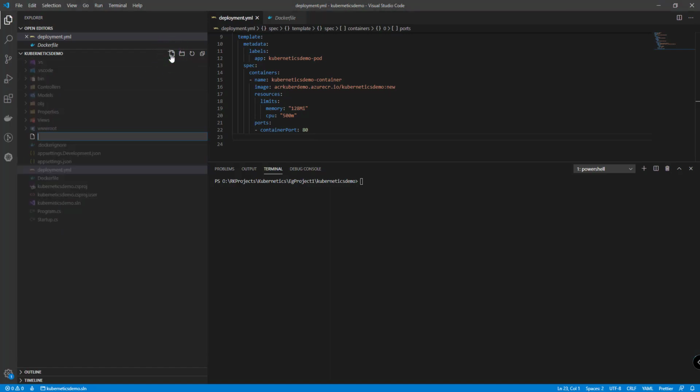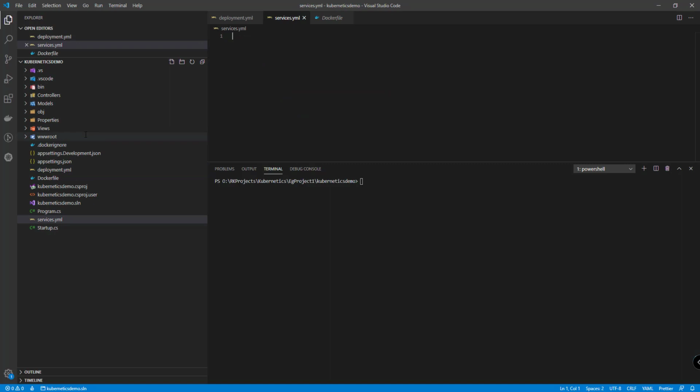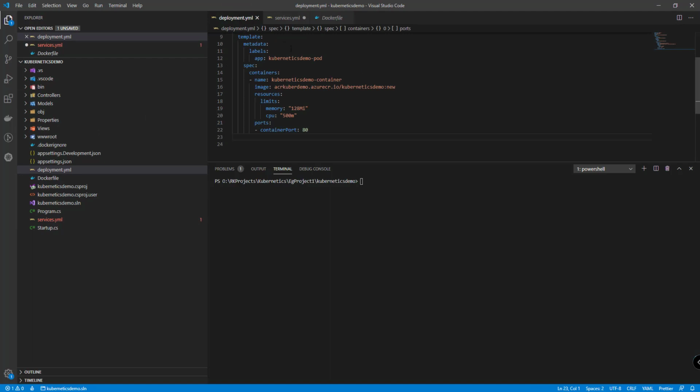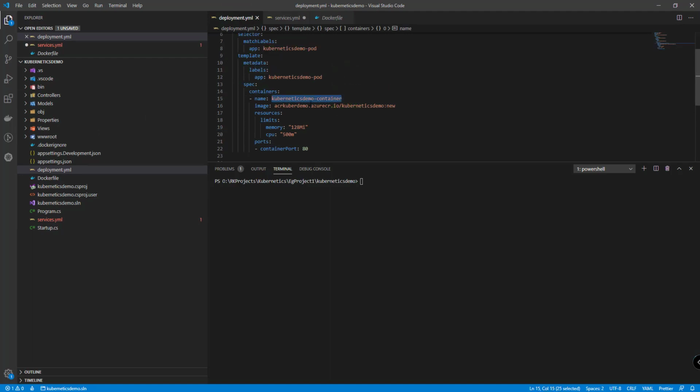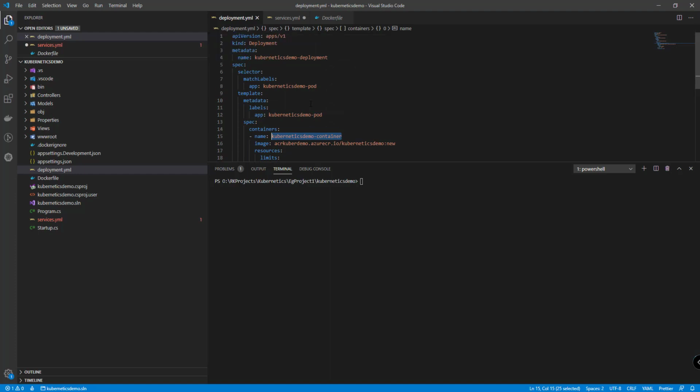Go to create new file, create services.yaml. Now we'll add Kubernetes services. We can see the IntelliSense pop up. Let us give the pod name as Kubernetes pod.